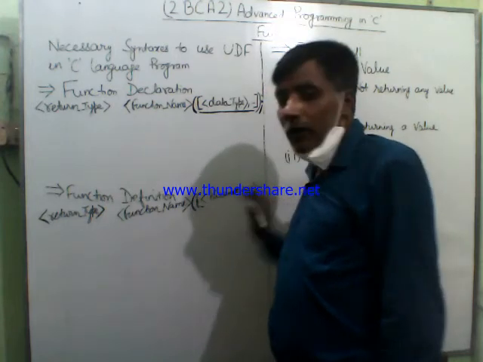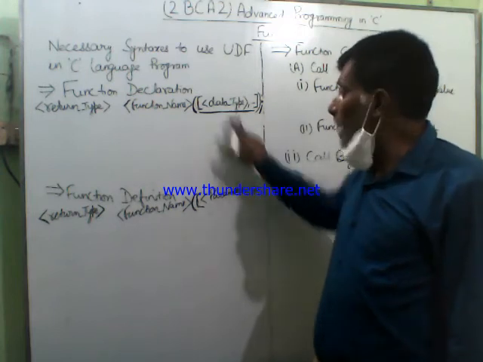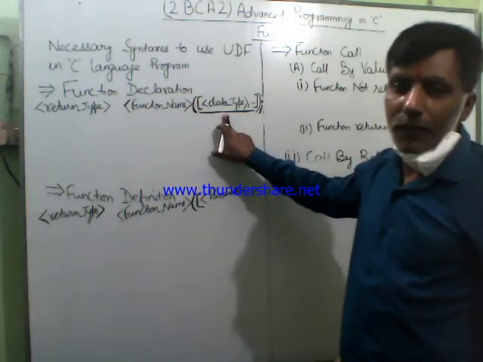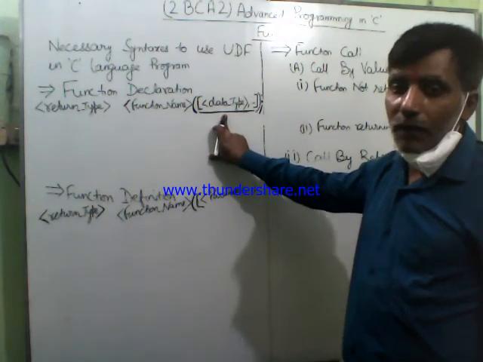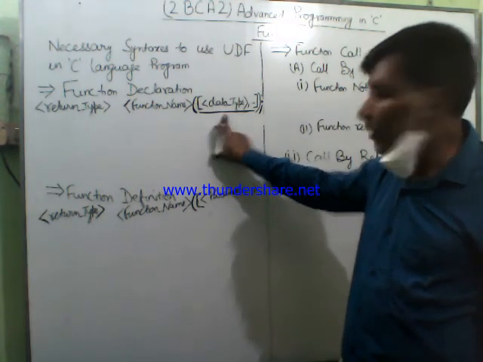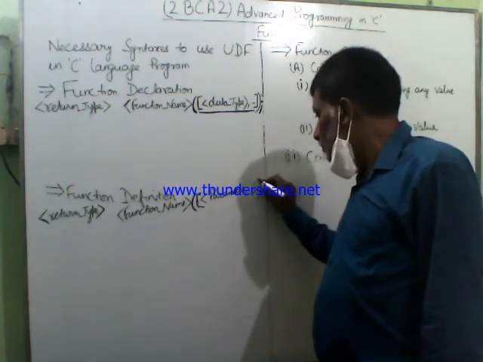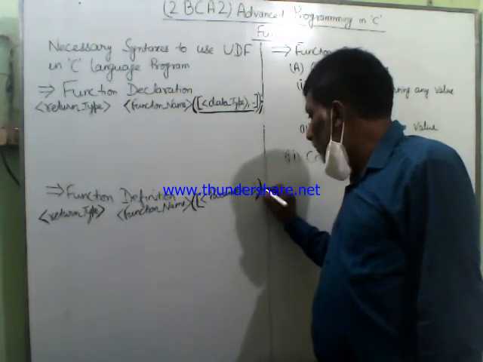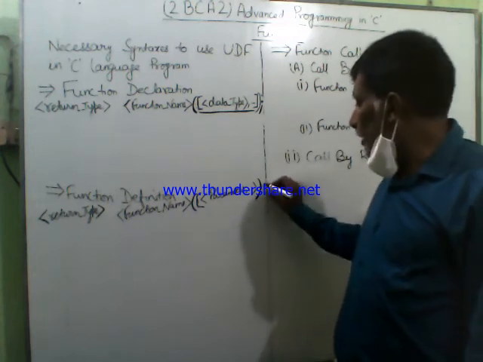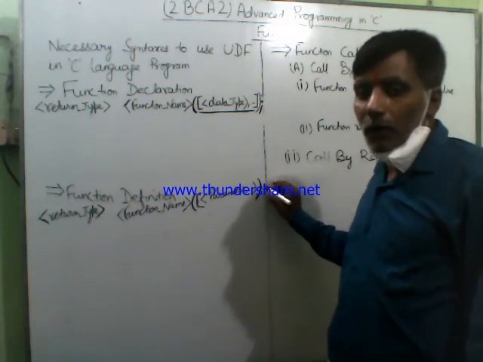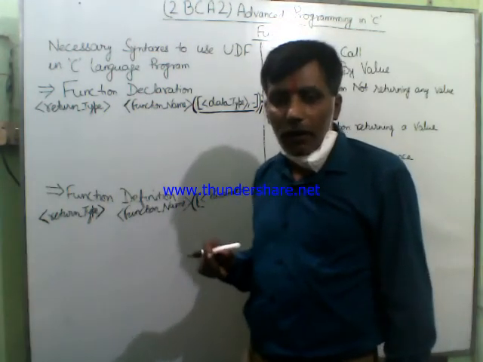Again, I want to make you remember that the number of parameters should match with the number of data types that you have written while performing the function declaration for the user-defined function in the program. And remember, function definition is not a statement and should not be terminated. You have not to use here this semicolon. Function definition is also known as body of the function.